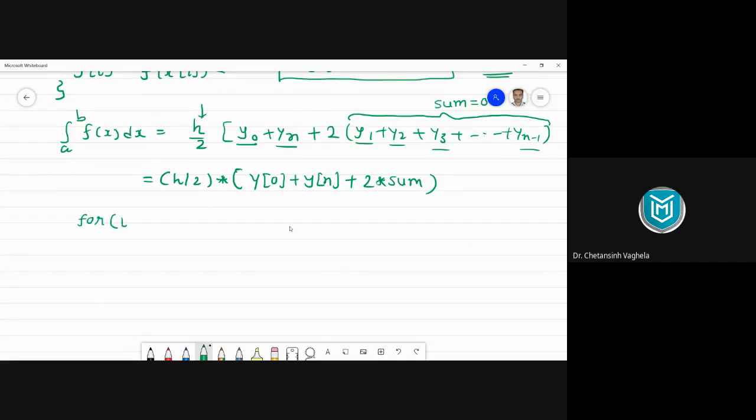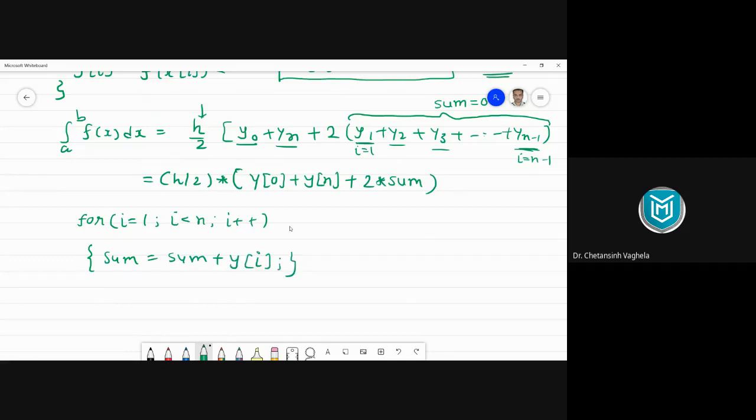We need the total from y1 to yn minus 1, so we need to run the for loop from i equal to 1 to i equal to n minus 1. So the for loop will run from i equal to 1, i less than n, i plus plus, and inside the for loop we will take sum equal to sum plus y of i.